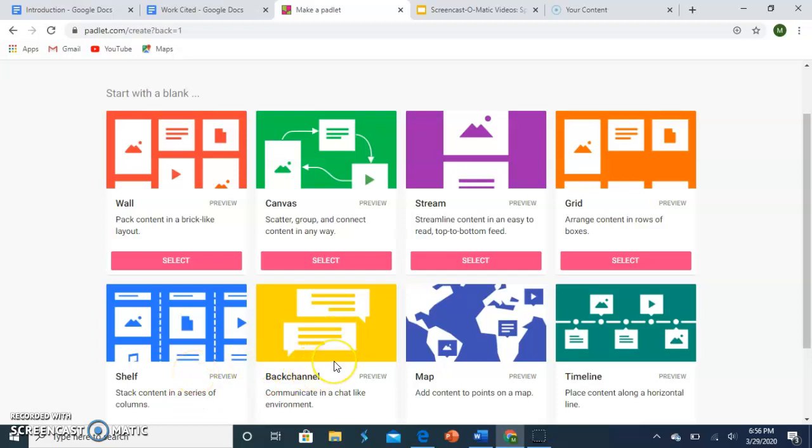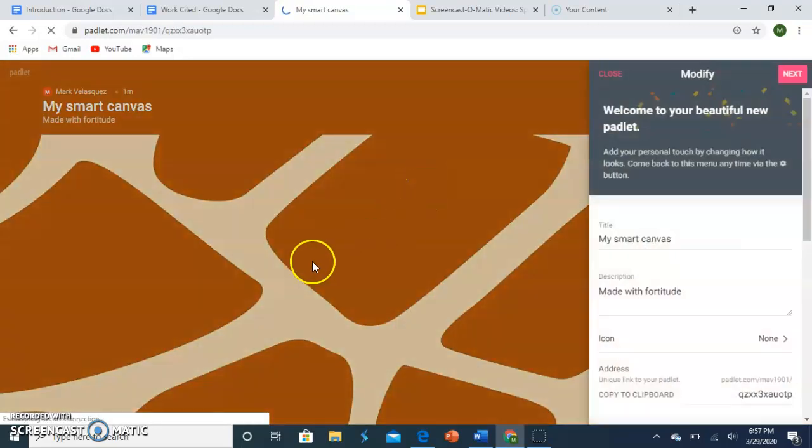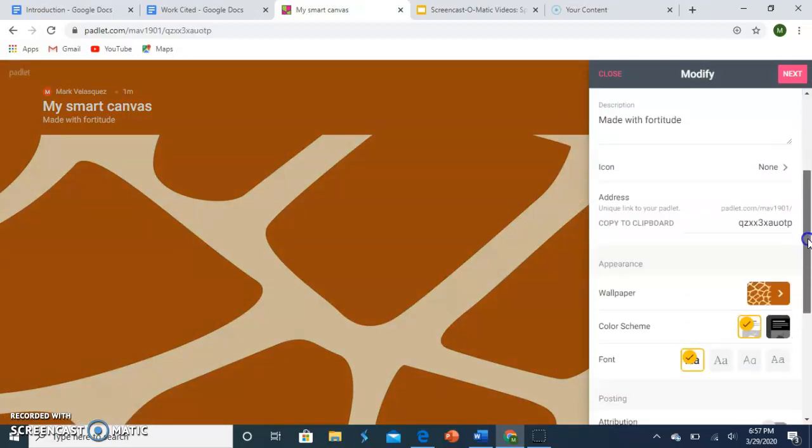You got back channel. Back channel is like a comment section. You can use that as a discussion board. You got mapping, the map format, which is like mark a location, you could put a short video description or image of it, and you got a timeline where you can just recall events in order. So today we're going to be using Canvas,